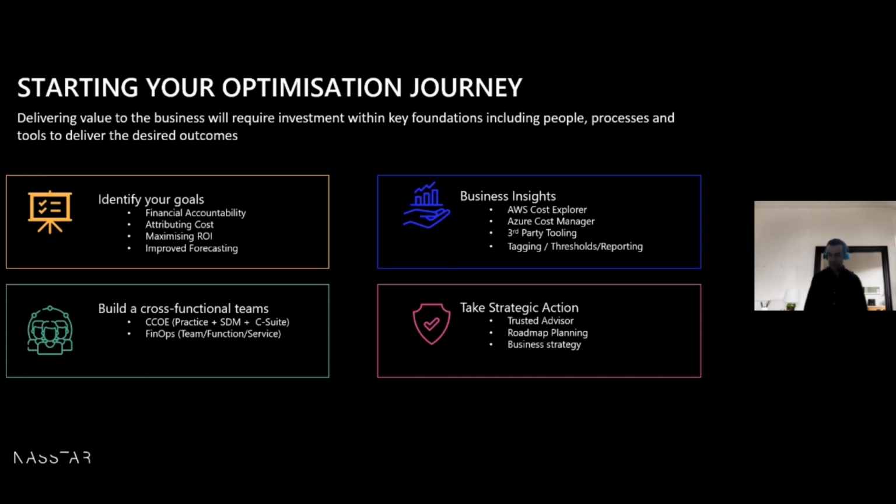And then, coming on to that trusted advisor aspect, understand who your trusted advisor is in your business. Is it the person sitting within your center of excellence? Maybe it's a technical practice lead or a CTO, or maybe it's an MSP partner who's going to be your CTO at the table, who's going to help you unlock the business insights and work with these cross-functional teams to start putting roadmap recommendations in place to drive your business strategy. You need that trusted advisor, because if you pull the levers in the wrong order, there could be trade-offs further down the roadmap. So it's really important to think strategically about which things to unlock and when to do it.